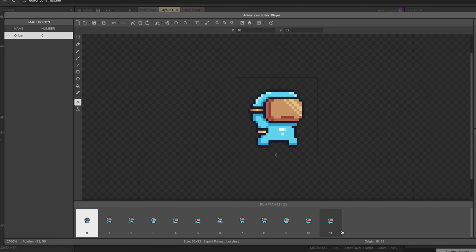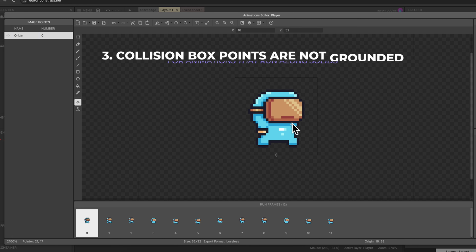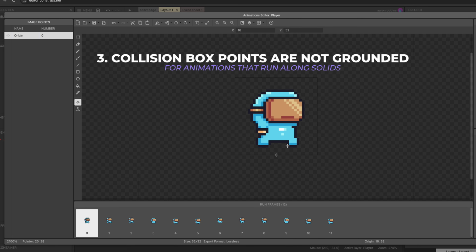So the third thing that it could be is that the collision box around this is not the same on every frame, and so the object or the player is actually falling. Let's take a look at that, and right below the pivot point tool here, we'll find